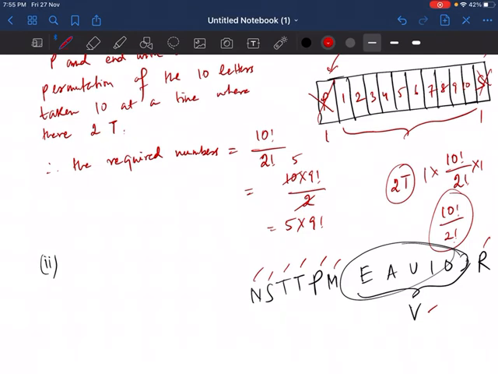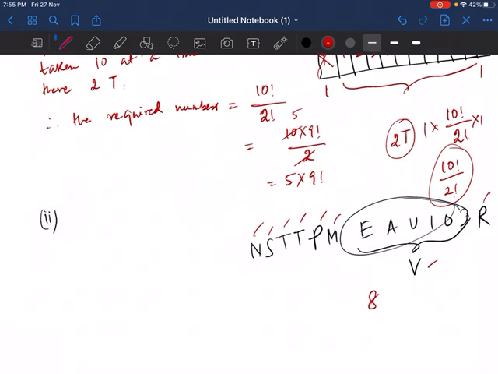After taking all the vowels together, we have total letters as 8. So how many ways can we arrange these 8 letters? We can arrange them in 8 factorial divided by 2 factorial, since there are 2 T's, right? So this is the number of ways when all the vowels are together,